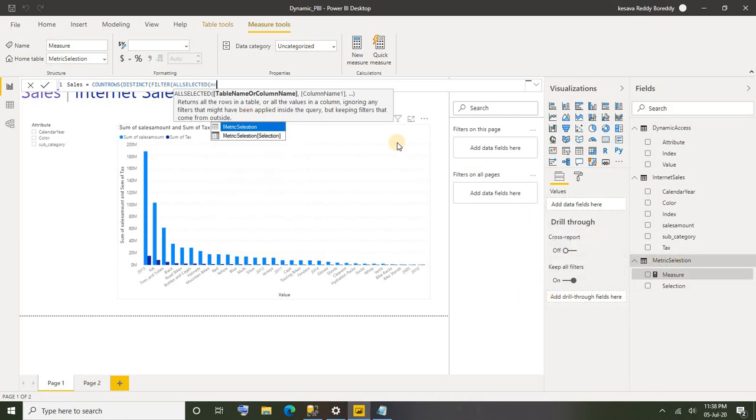Okay, metric selection, from metric selection, metric selection equal to sales. This is just text, so we have to put in double quotes here.